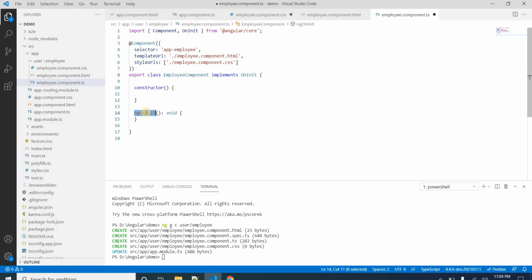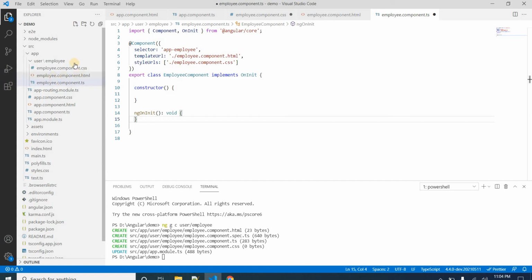So multiple events are related here, like in ASP.NET, where there are page load, page init, view state, some events available there. Similarly, in Angular we have lifecycle hooks: constructor, ngOnInit, and then ngOnDestroy. These types of hooks are also available in Angular. I will explain all the hooks when we use them in our project in upcoming videos.